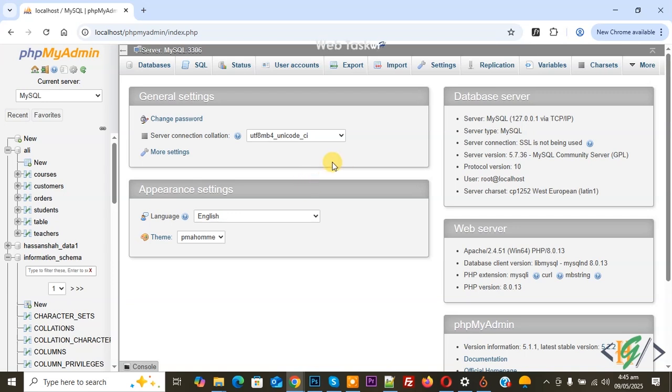Bismillahirrahmanirrahim. Assalamu alaikum. My name is Hassan and today we are going to count total rows per table in database